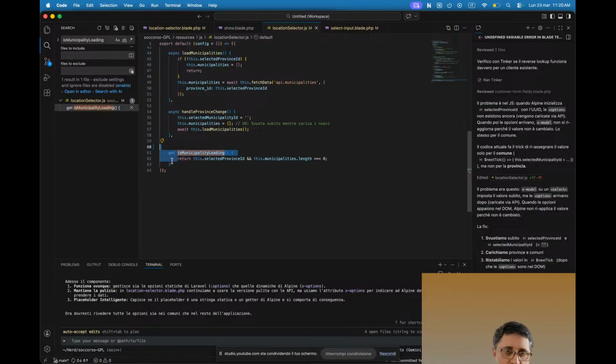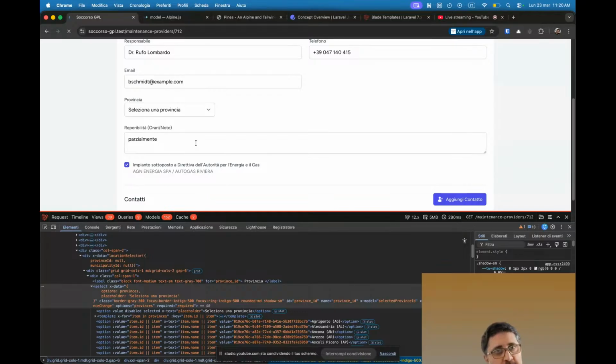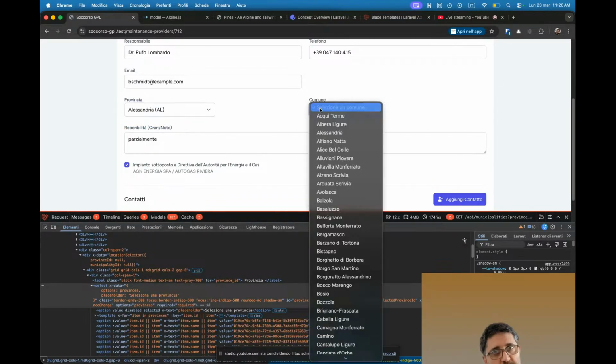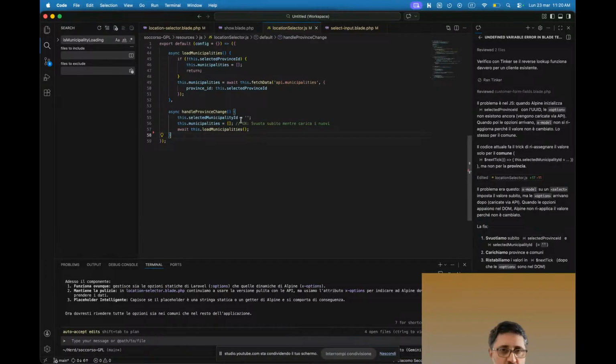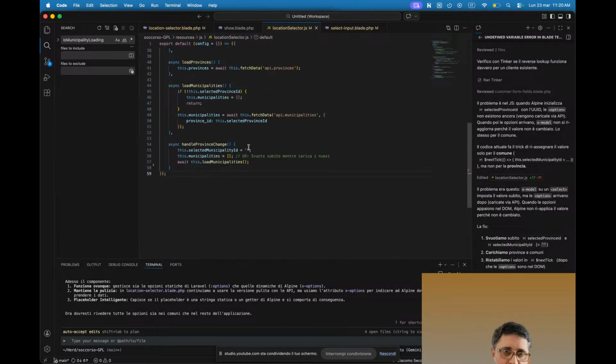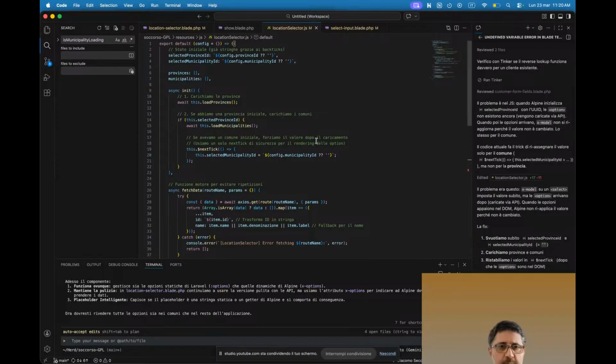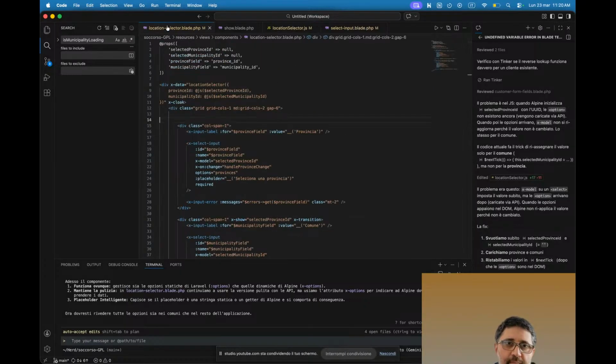Let's see if there are some errors without this code. I think not. Okay. Yeah, I don't know why there is not this selection, and